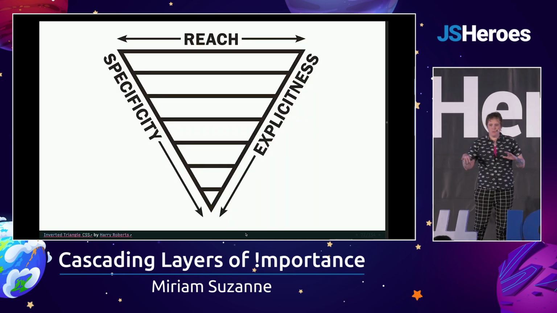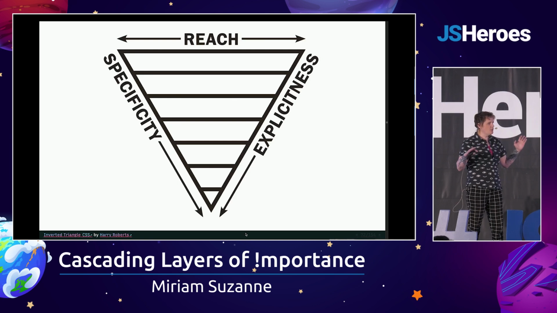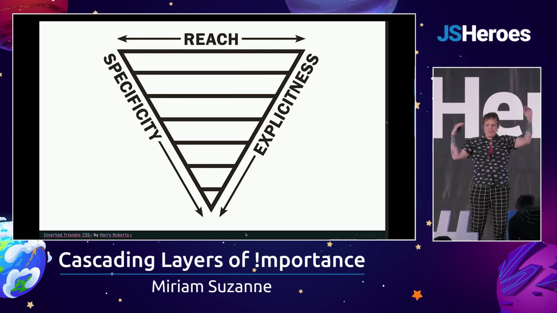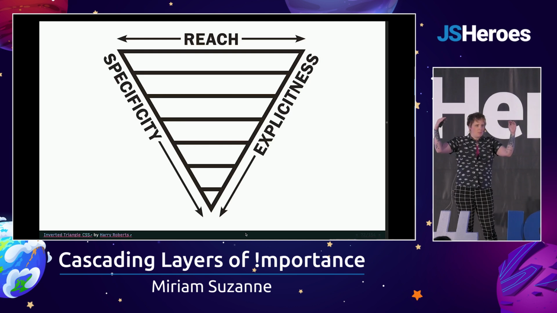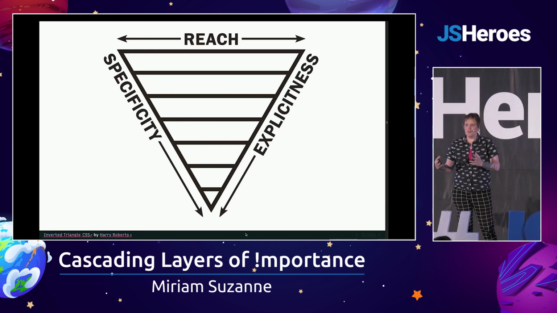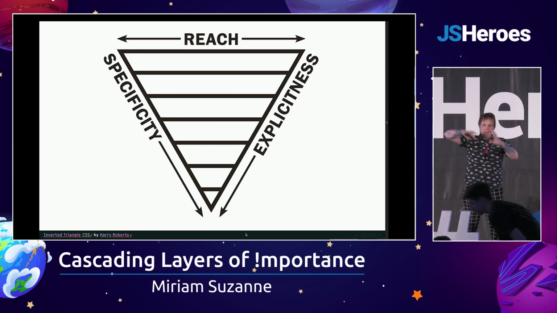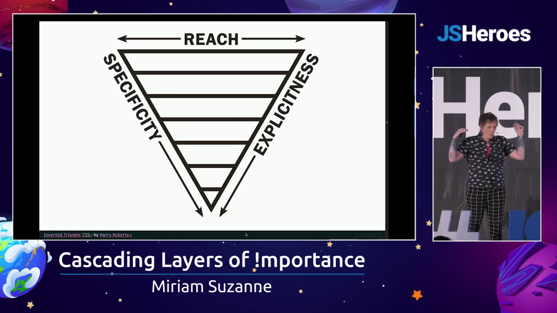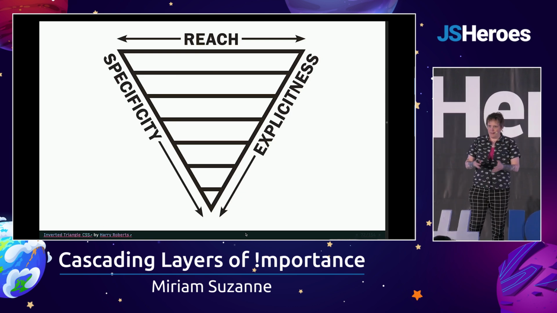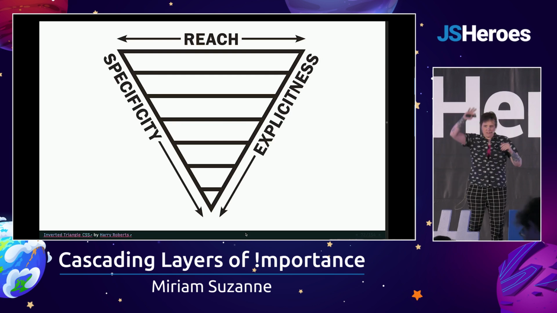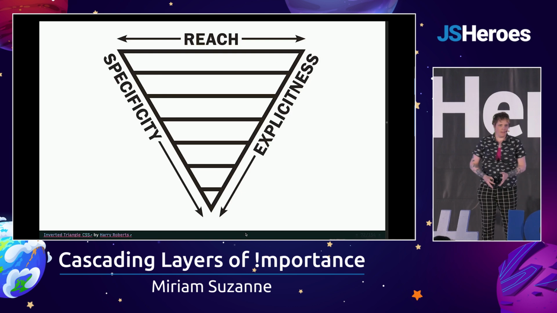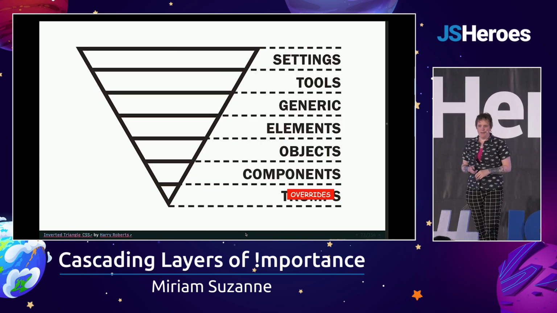And this sort of matches what Harry Roberts calls the inverted triangle of CSS. The broader the reach, the lower the specificity, and the less explicit our styles are in terms of what they're trying to accomplish. So we paint in broad strokes broadly, and then we do details very specifically. And Harry suggests that most of our code should be at the top of that, and then we write less and less code as we get into more and more detail.